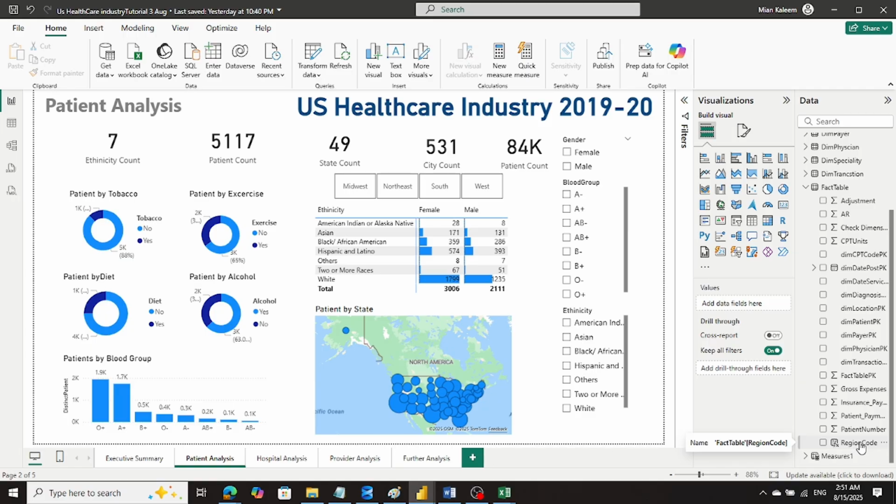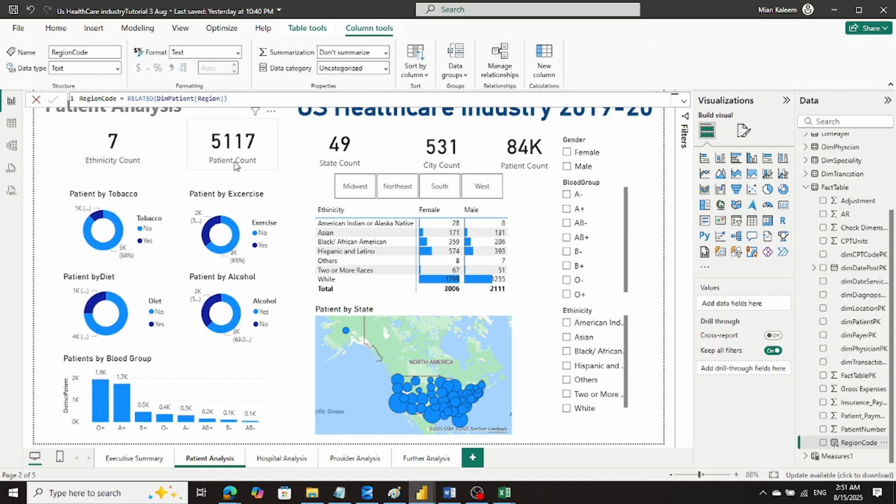So let's see what it says. In this region code, we have region code equal to RELATED dim patient region. So from dim patient region, we extracted the region code